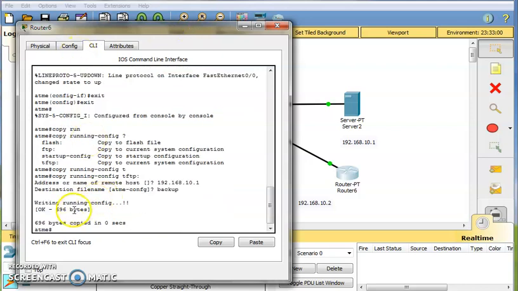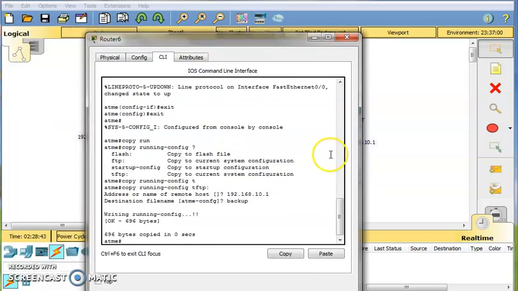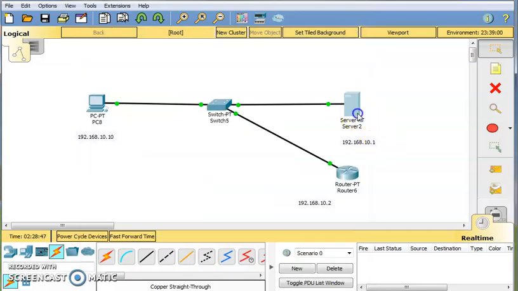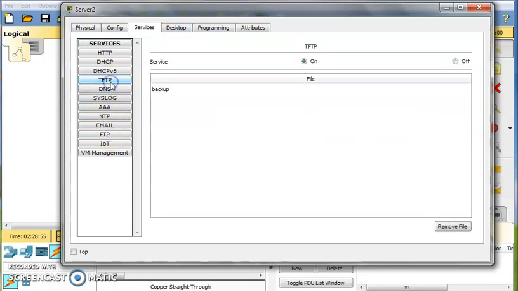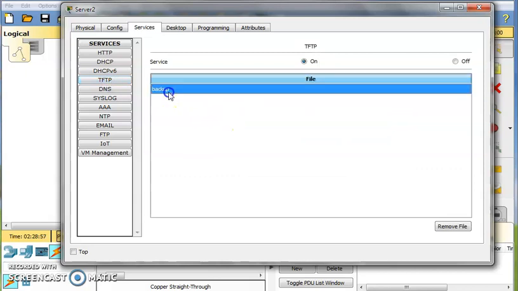Now you are getting a message that 692 bytes are copied. Let me check whether these bytes are copied or not. Move to this server. Select TFTP. There is a file, backup, available in the TFTP server.